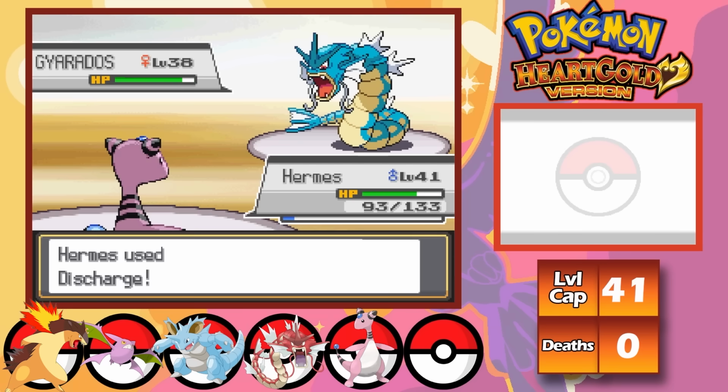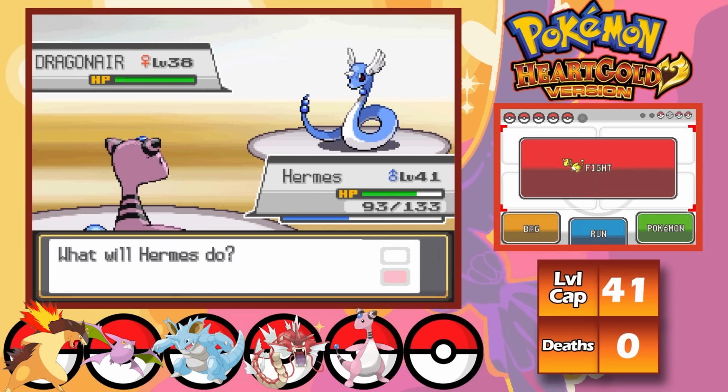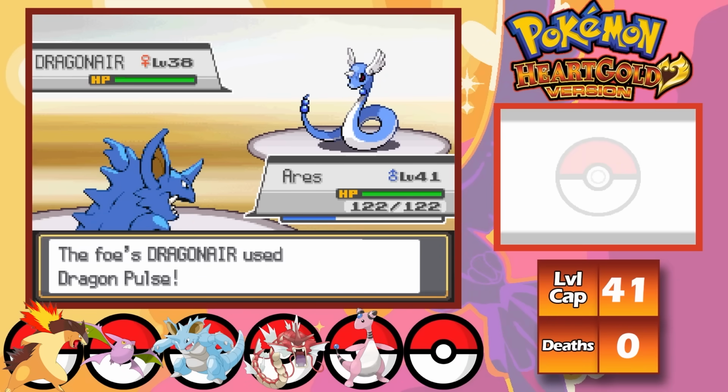Right away, Gyarados outspeeds and hits me with a Dragon Rage, doing 40 damage as I go for a Discharge, finishing off Gyarados with a one-shot. Next, Claire sends in Dragonair, so I switch out into Aries, who gets hit by a Dragon Pulse on the